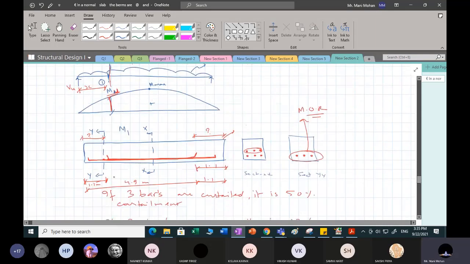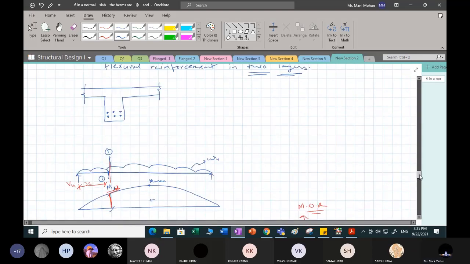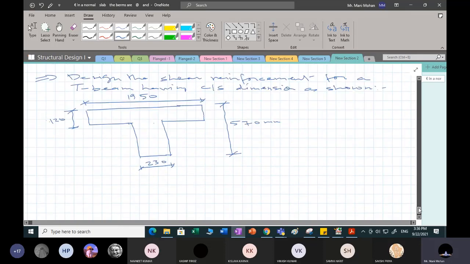And here, what we are doing in this problem at mid span, because if I see this beam, here I had made the section like this. This was the beam supported on wall. We have to provide 6 reinforcement at the mid span. And when I'm coming near support, I am curtailing the bars. I said that 3 bars are going to be curtailed. So at support you have only 3 bars, while at mid section you have 6 bars. And the diameter of the bar is how much? 20 dia bar.